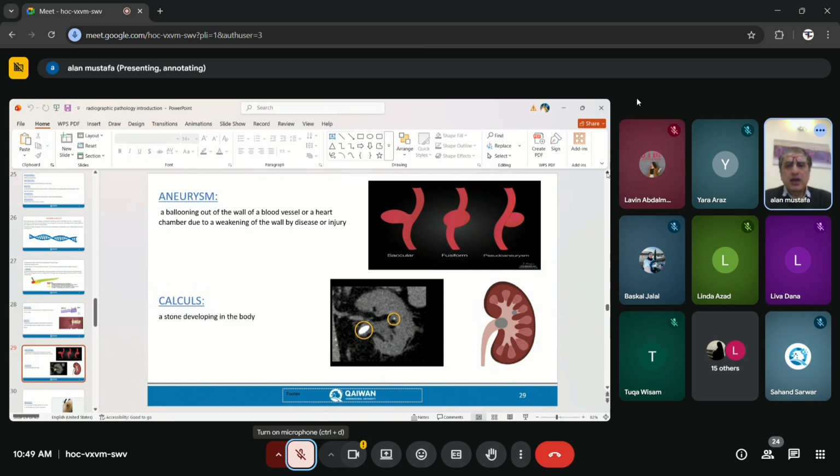And we have aneurysm. So look at the image and you will remember aneurysm. This is the blood vessel, and you see this is abnormal dilatation. So when we have abnormal dilatation, this is called aneurysm. Why do we have to know this? Because there's, for example, aortic aneurysm. When the blood vessel becomes like this, dilated abnormally, it can rupture very easily.